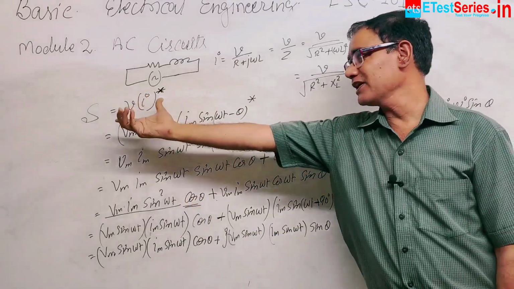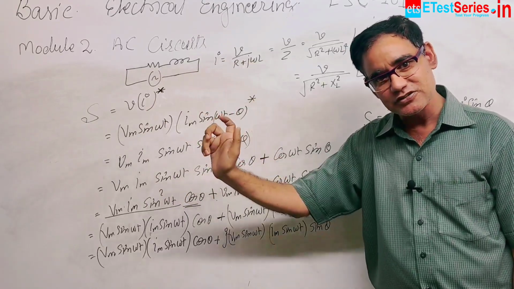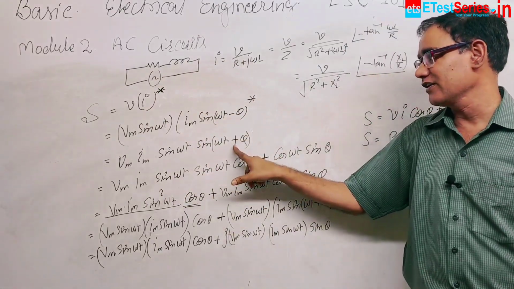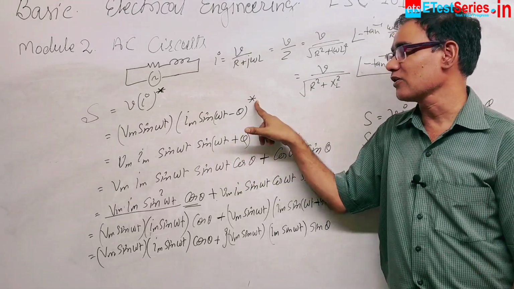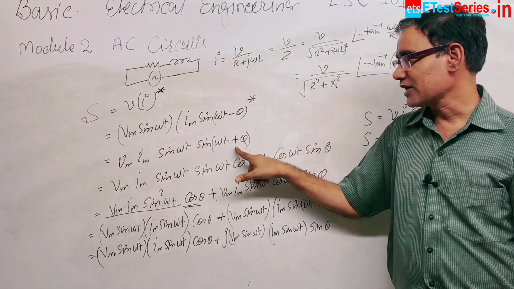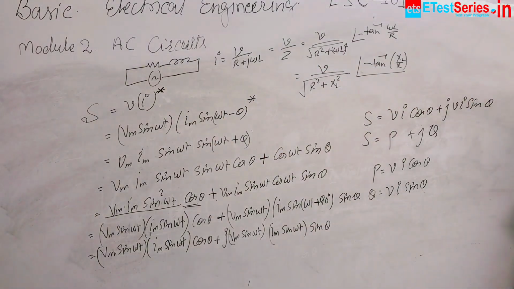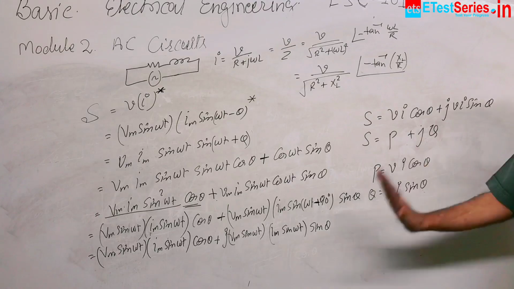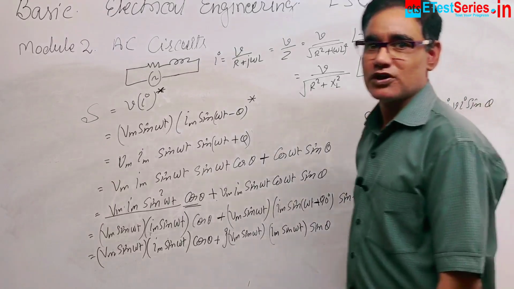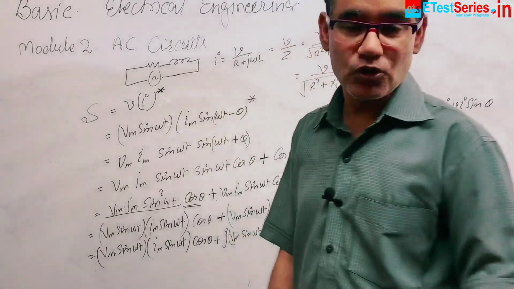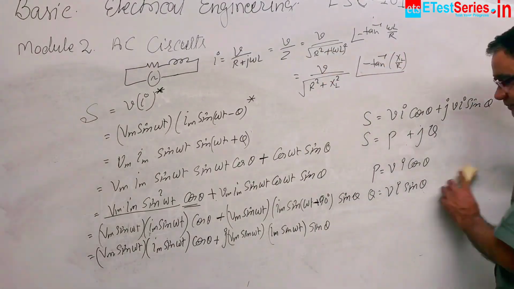Otherwise, the power is the multiple of voltage and current. In AC, to overcome that minus difference, the conflict of that phase difference angle, because it is coming negative, we are taking the complex conjugate. So this is the way we can derive a formula to prove that the total power is real and reactive power in RL circuit. Now we are taking one more example, one more circuit, that is RC circuit, and it takes hardly 10 to 15 minutes.